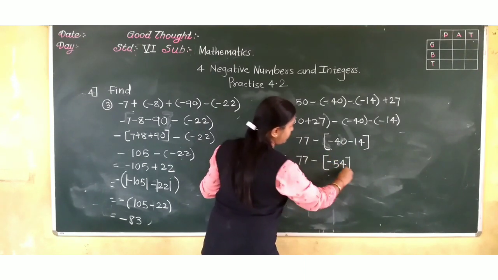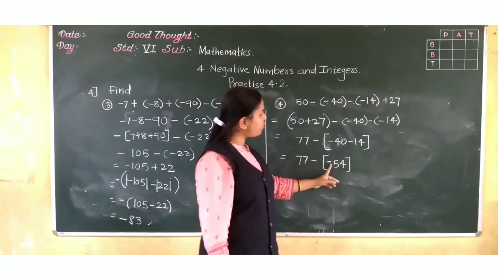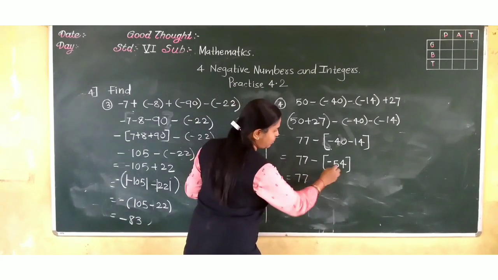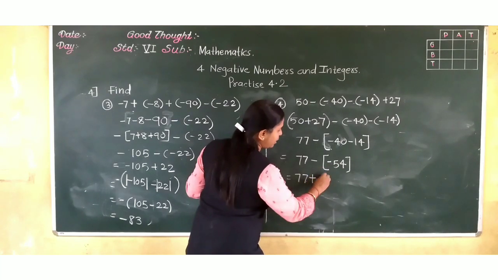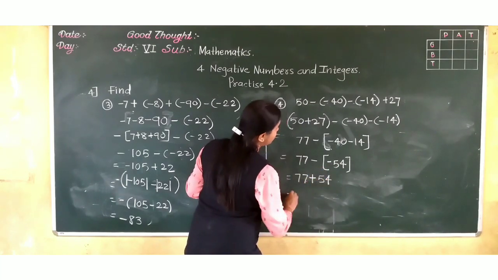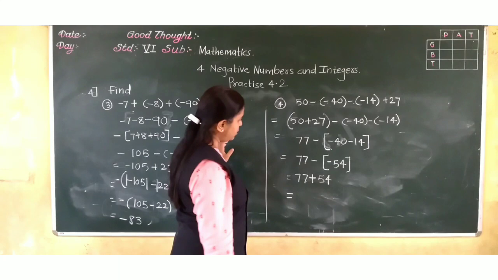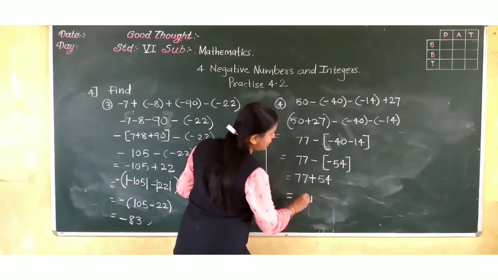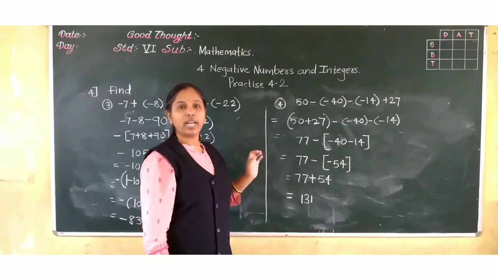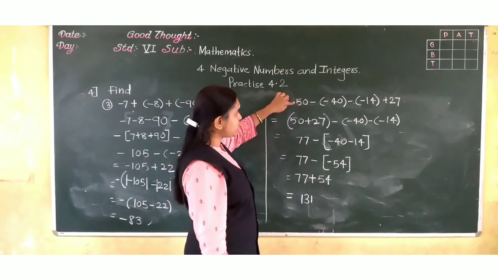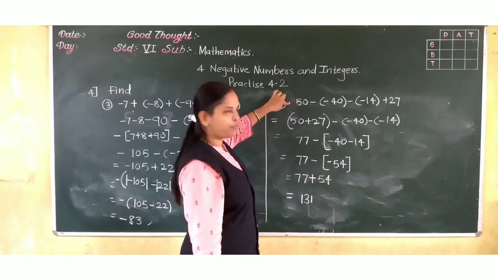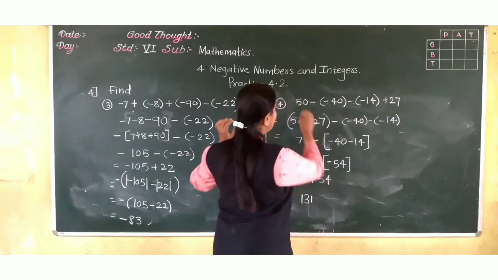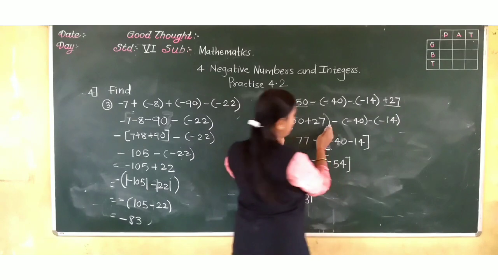negative. Okay. Now subtraction of minus 54. So this is the subtrahend. Take the additive inverse, it will be plus 54. So the answer is to add, 131. What did I do here? Here what is the sign of 50? Here nothing is in front, that is plus. This is plus. So these two I added together.